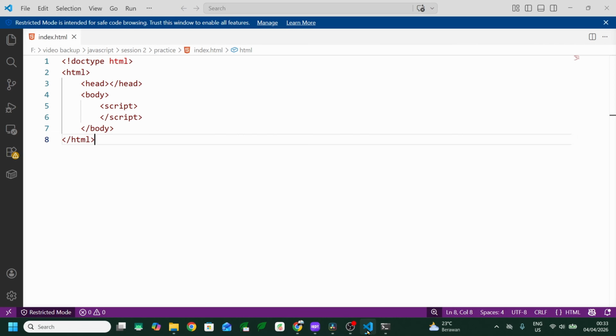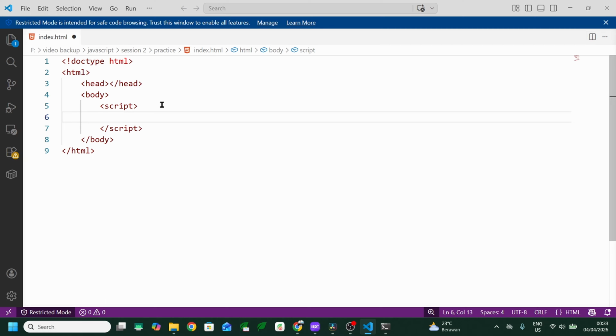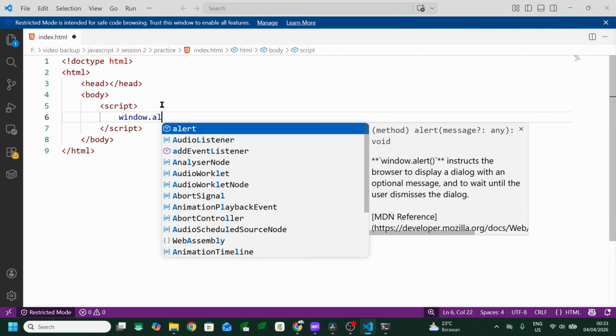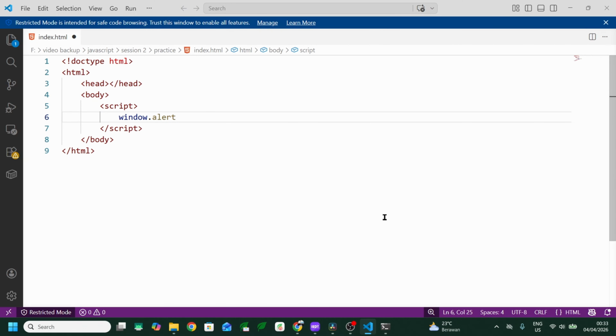Now we will implement and practice the attention grabber using JavaScript as output. In the script, you can type window.alert and write your message between the double quotes.